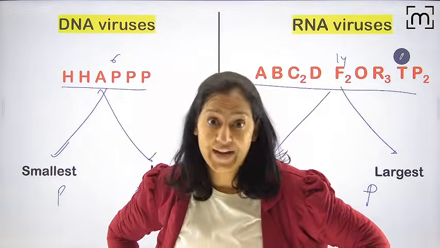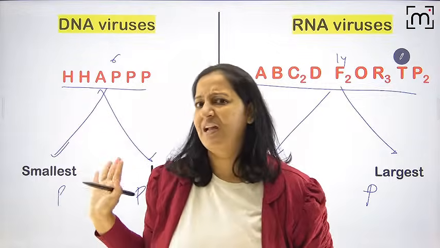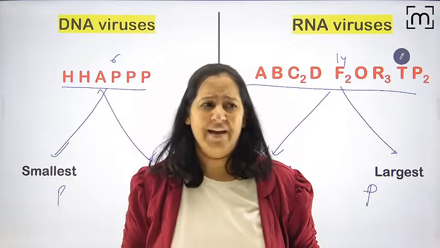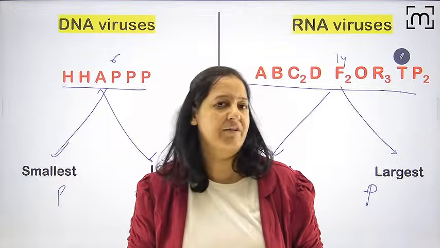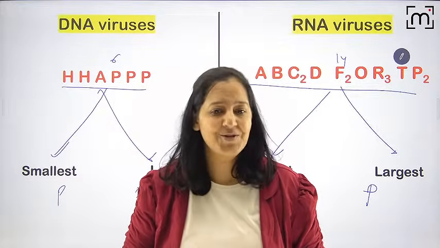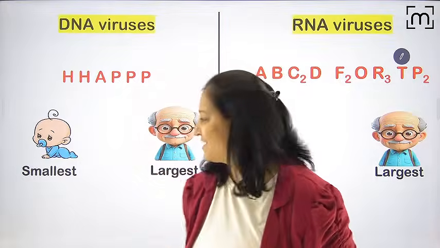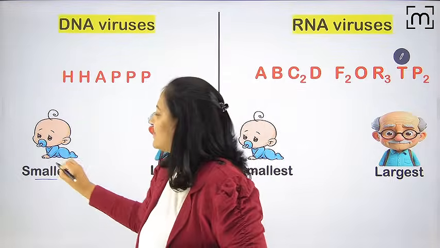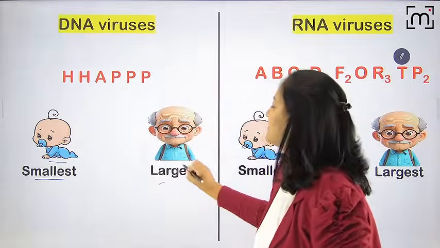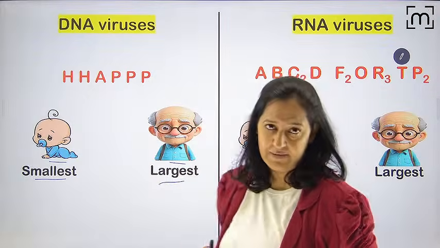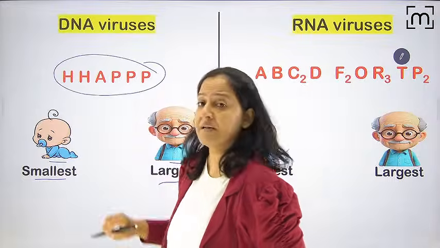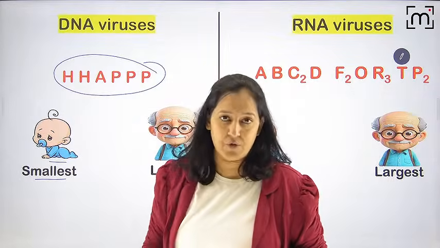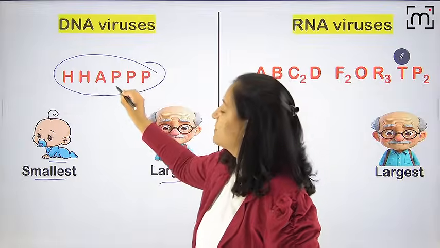So we have to make some story to learn that. Otherwise, if I just tell you the names textually and ask you to learn them however you want, it is of no use. In the exam, definitely you will be confused. So I have to frame a story so that you can learn it. I will call the smallest the newborn, and the largest the grandfather or the senior citizen. So among them, who's the newborn and who's the senior citizen? I will continue the story in the next concept also.